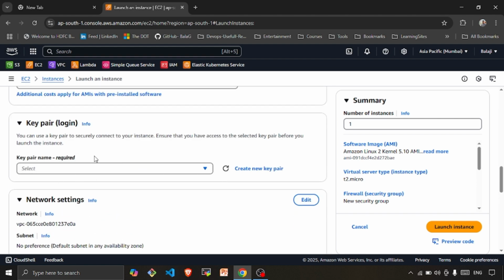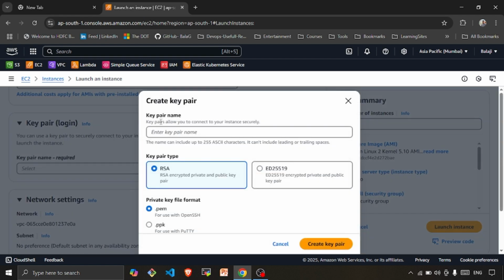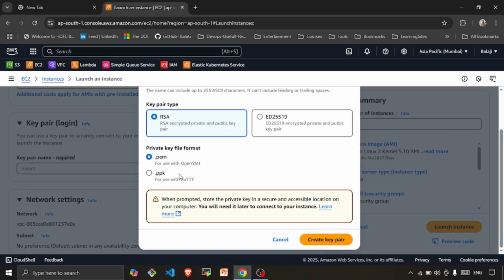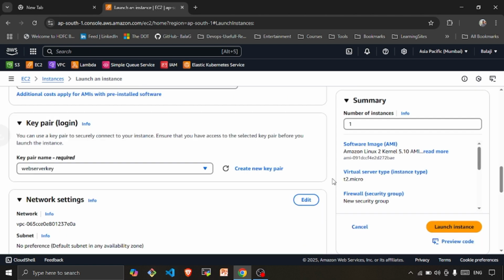In this demo, we will use a key pair to SSH into the instance. Usually we connect via SSH using EC2 Instance Connect in our previous sessions. In today's demo, I will show how to connect to the EC2 instance via the key pair. So I will just create a new key pair. I will rename it as web server key. It will ask for the format, whether you want PEM or PPK. I want to go with PEM. So once you click on create key pair,